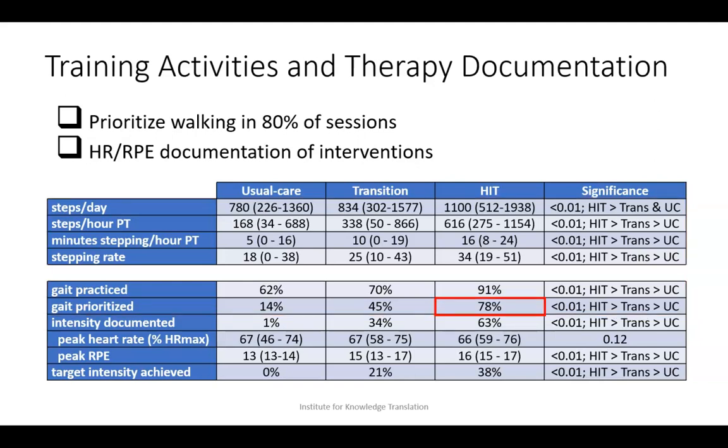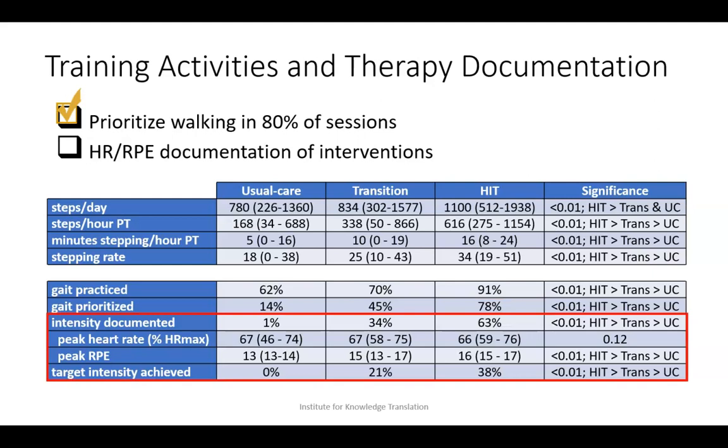When we focus on that single metric we were interested in, of trying to prioritize walking in 80% of sessions, we got to 78%. As you may recall, that was continuing to go up. If not for the pandemic shutting us down, I do think we would have gotten there. But again, that was just an educated guess on what we might be able to do. So that 80% number, not a written in stone threshold, but we're going to give that a yellow check mark